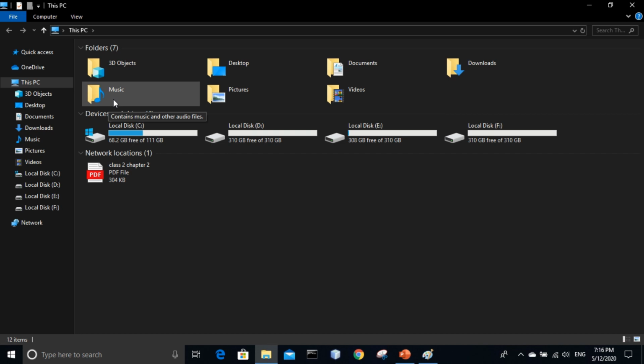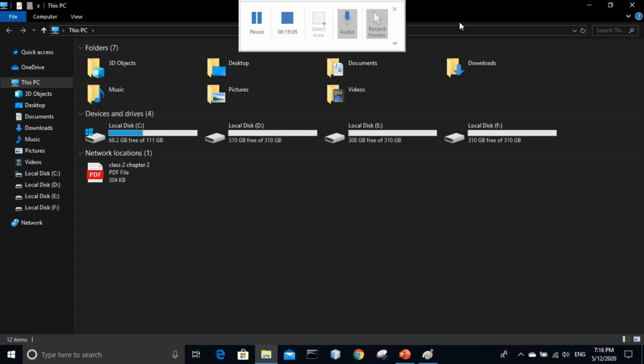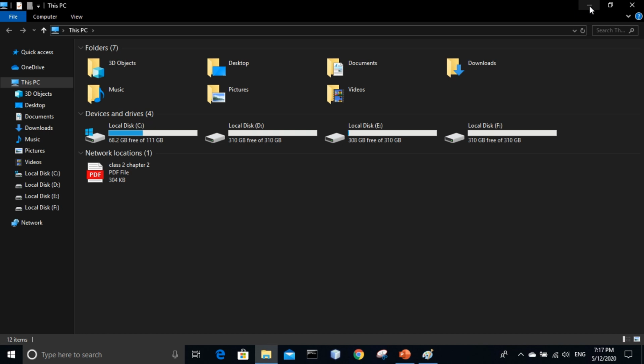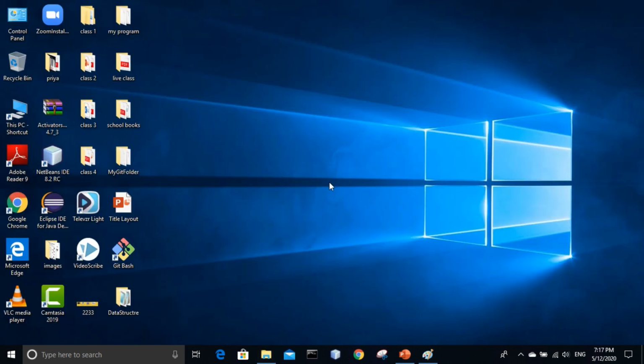Inside This PC I will find Music. I need to follow 2 steps. But after creating a shortcut on the desktop I don't need to come to This PC. I can directly access Music from the desktop. First of all, let me verify. We are not having any Music folder on the desktop. See, here I am not having any Music folder.